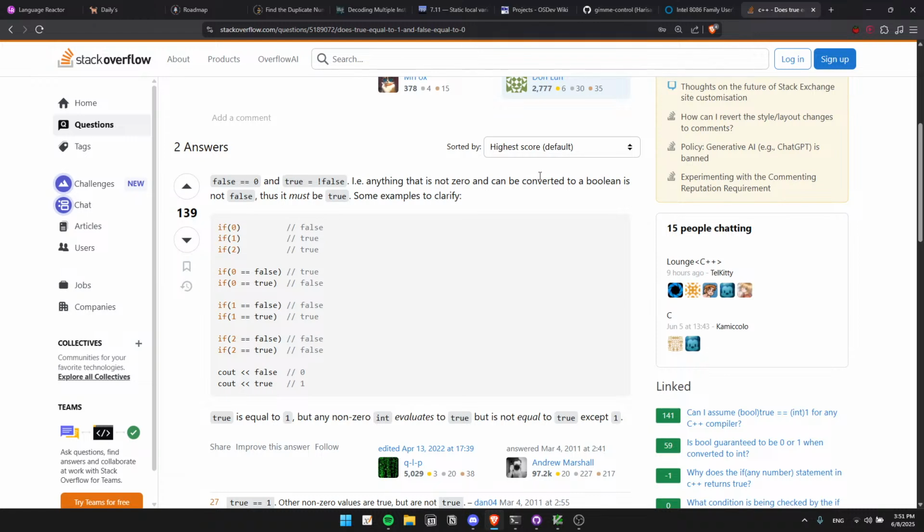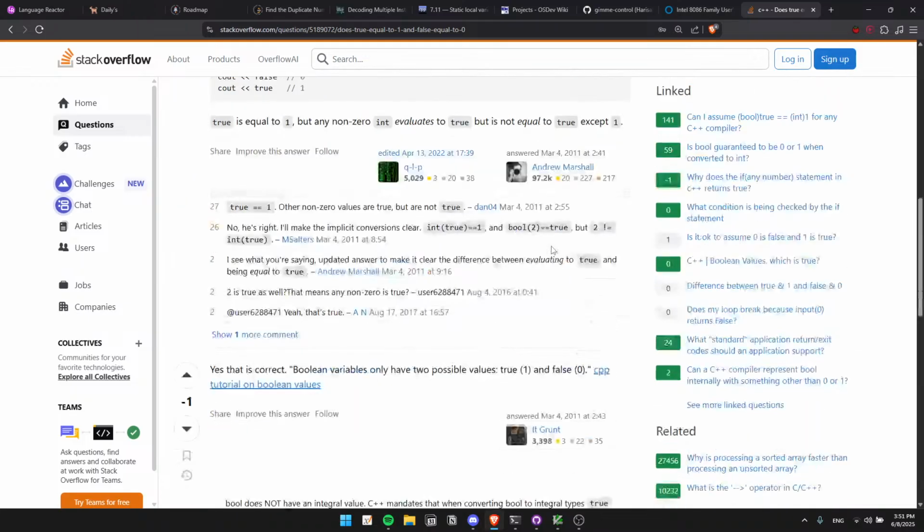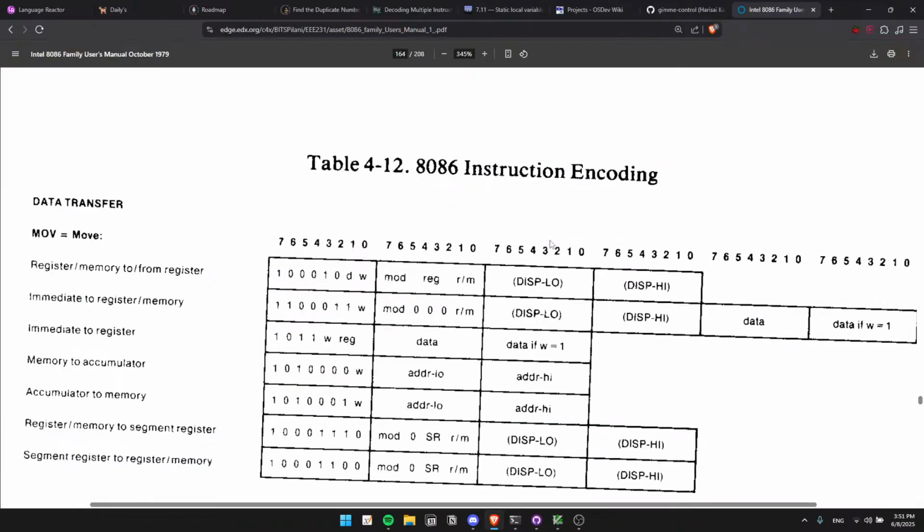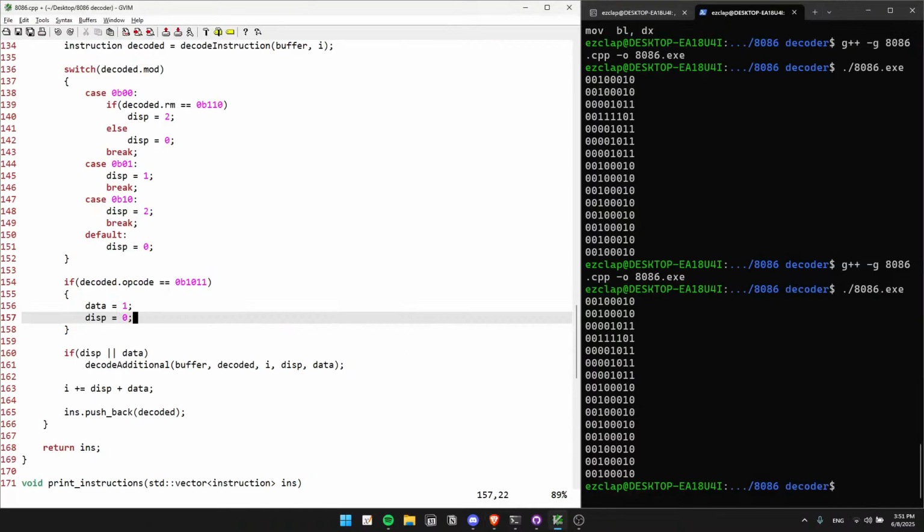Anything that's non-zero can be converted to Boolean is not false. Yep. Yep, perfect. Okay. So if there's any additional bytes to decode,